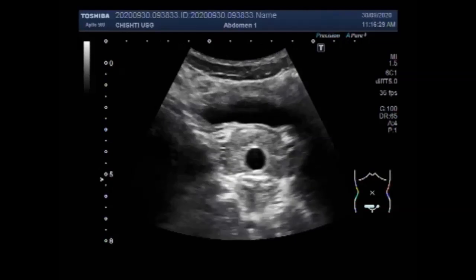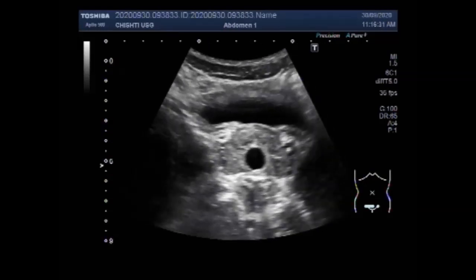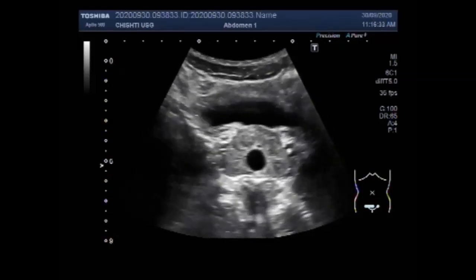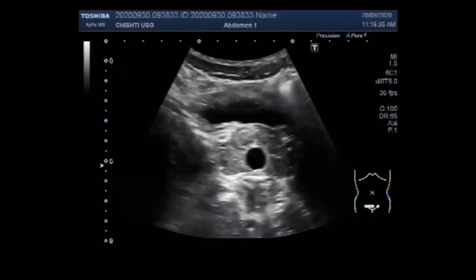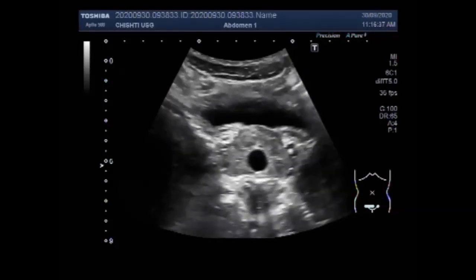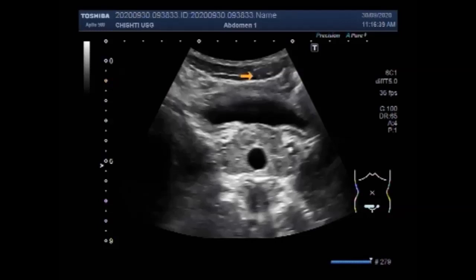Such cysts are acquired due to the retention of prostatic secretions. Ultrasound features are an anechoic content less than 8 millimeter or more with thin and smooth walls and hairline septa.